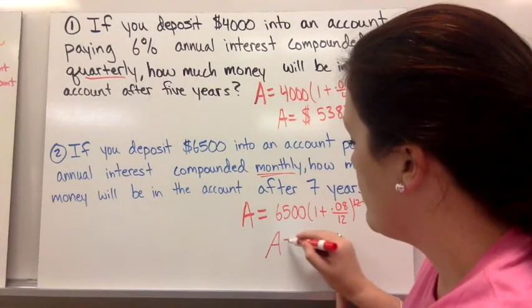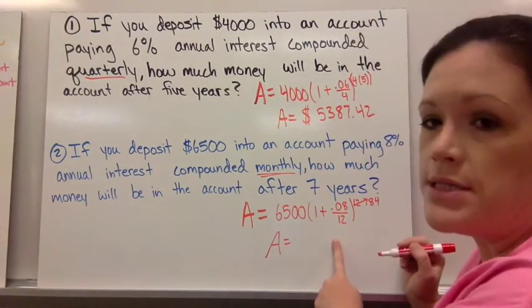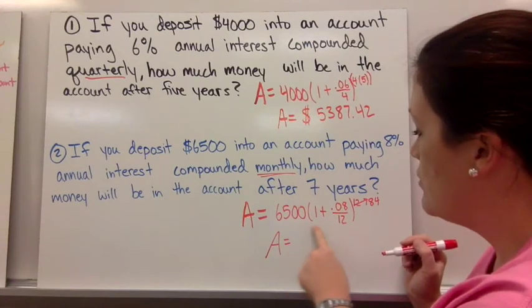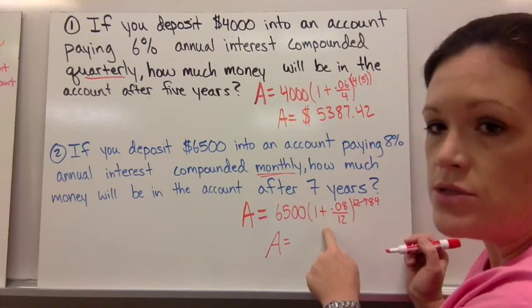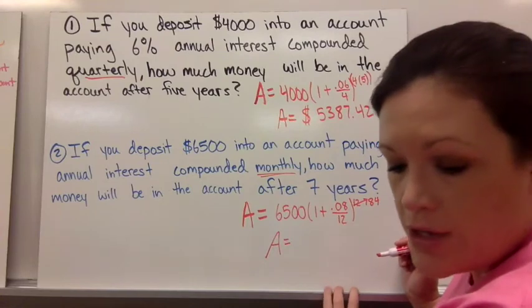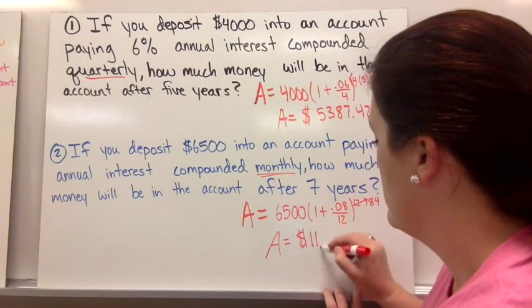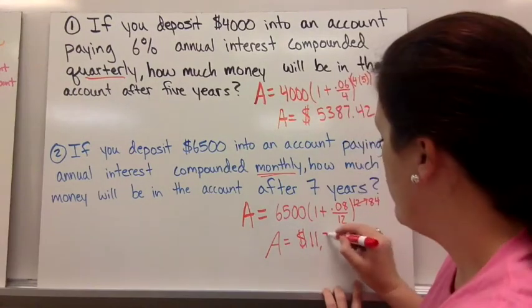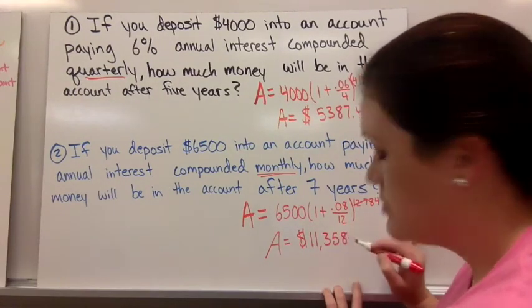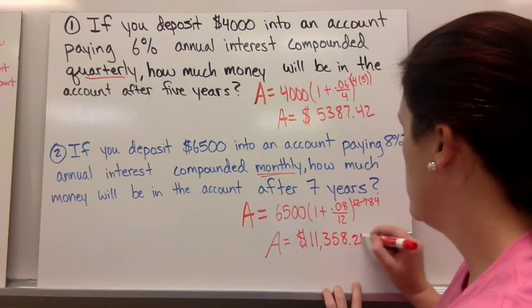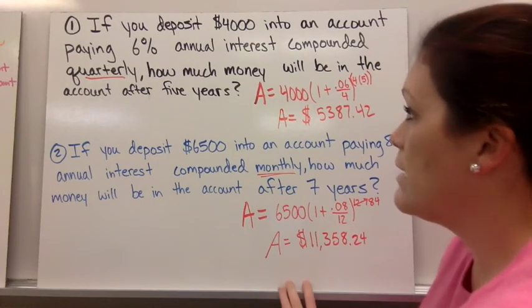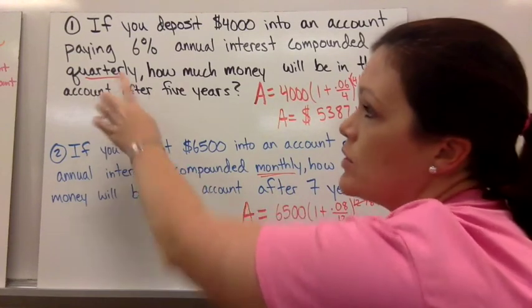So again, I've already calculated, but make sure that if you typed this all in your calculator, you would end up with $11,358.24. So these are just 2 examples, but like I was saying, if they use one of these key words, you know